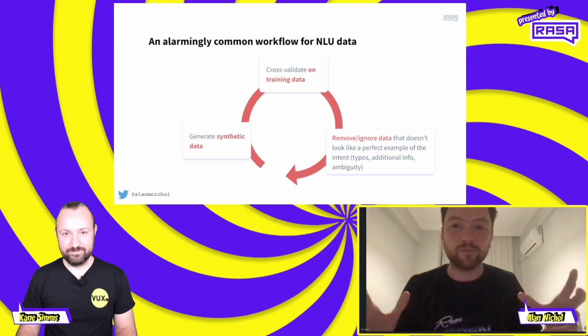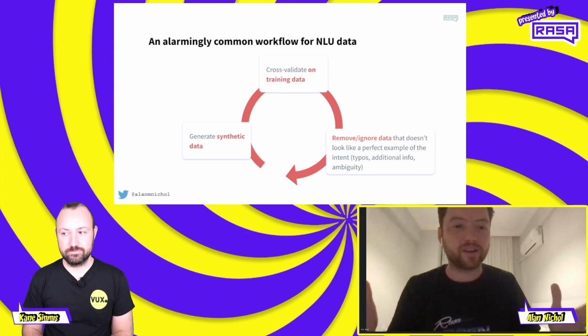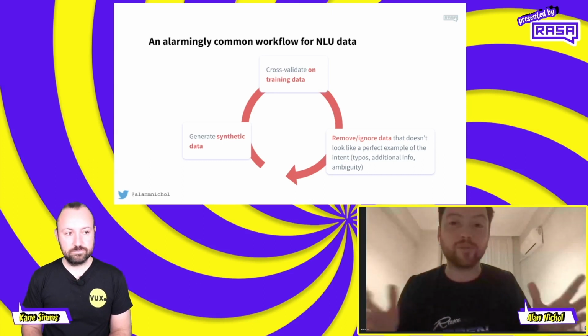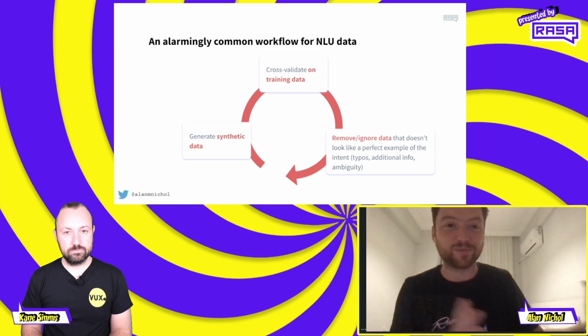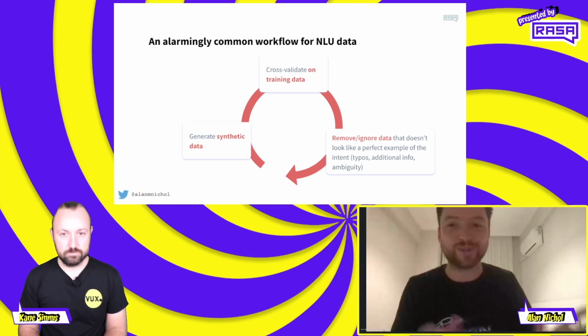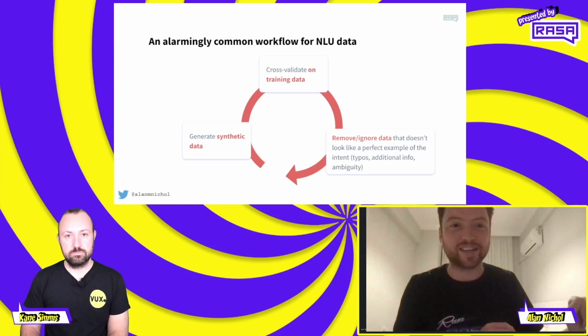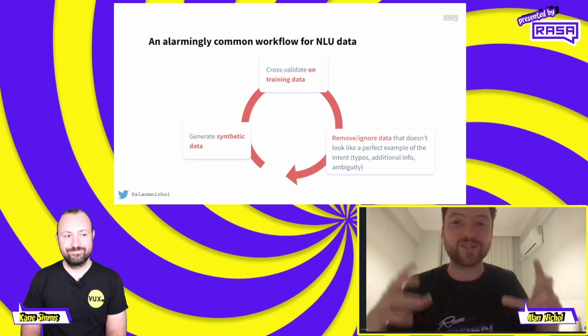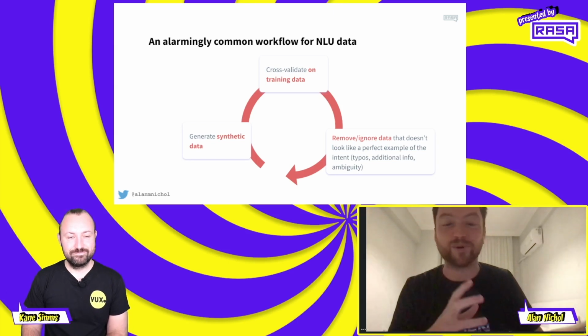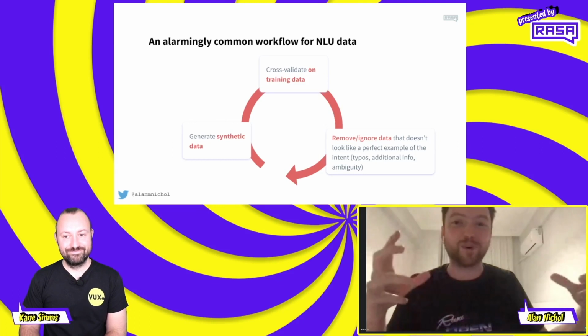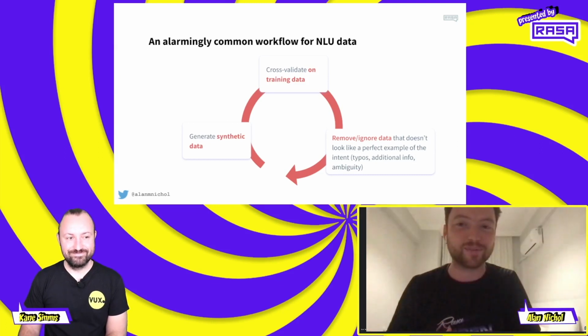Now, whether you want to do that or not, that's an empirical question. But what you really can't argue with is that your evaluation has to be on real production data, right? So when you go back again and then just cross-validate on your nice, clean training data, you can just optimize your data to make it easy for the model, rather than optimizing your model to understand the real data of how users talk to you.